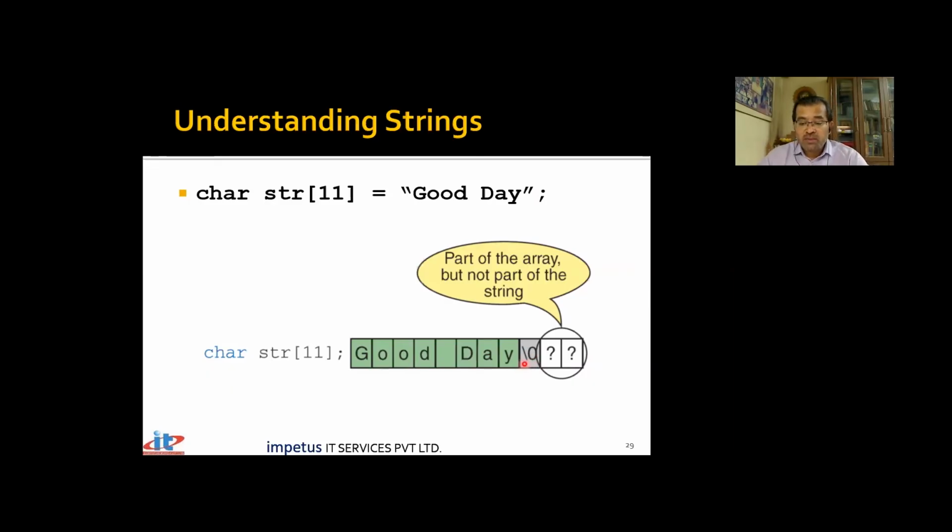It already is stored in the memory, but this array was of size 11. So out of 11, you have consumed 9 bytes, and for the other 2 bytes, you never know what will get stored inside those 2 character variables. So it's an array of size 11 bytes. It's an array of size 11 characters.